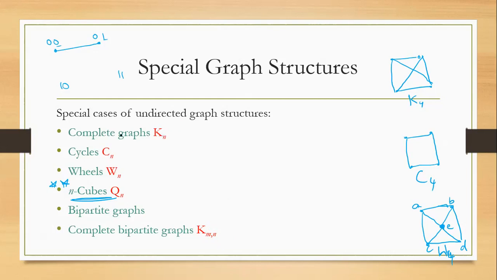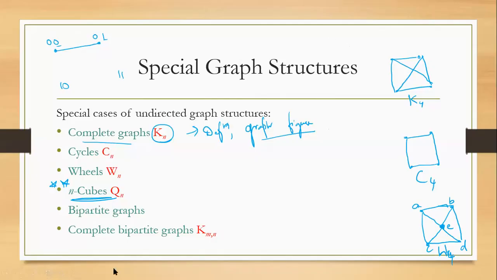Now, definitions are important for 2 marks. When you are writing the definition, you have to remember which kind of graph it is, the notation, the definition, and then the graph figure. All 4 things need to be written when you are writing the definition for these special graph structures.